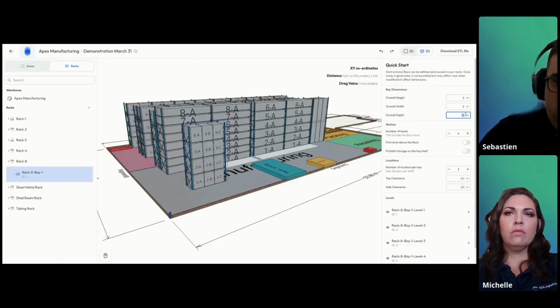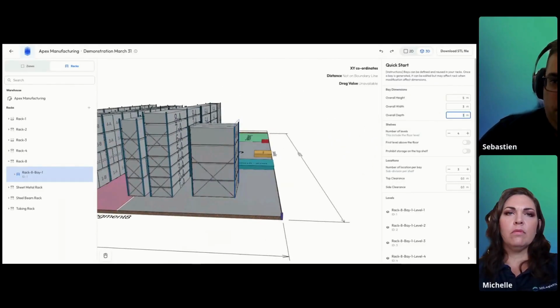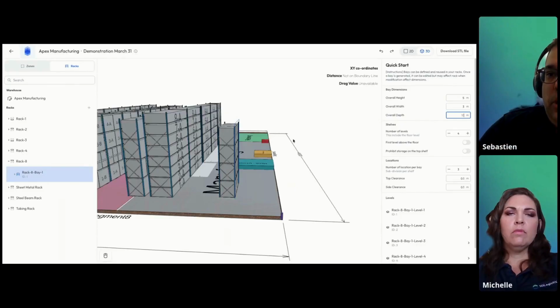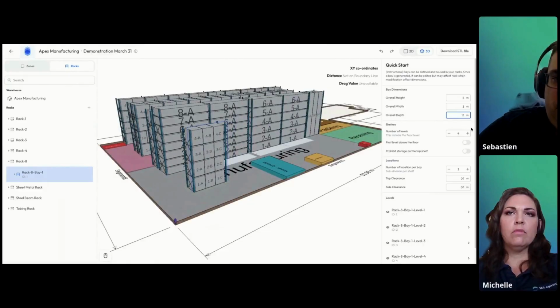a standard for the pallets we have, but we can go, you know, if we want to do 3 meters, if we want to go 2 meters, 1 meter. So 1.1 is going to be it. If I want to change the number of levels, you know, 2 levels, 1 level. So this is, again,